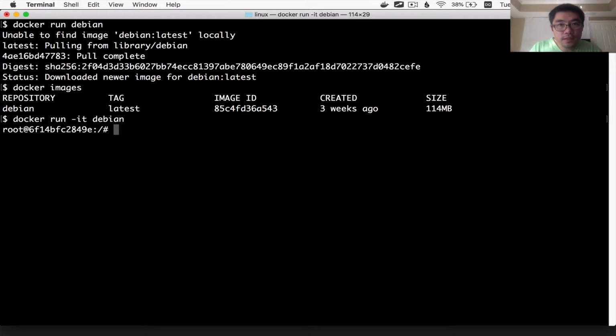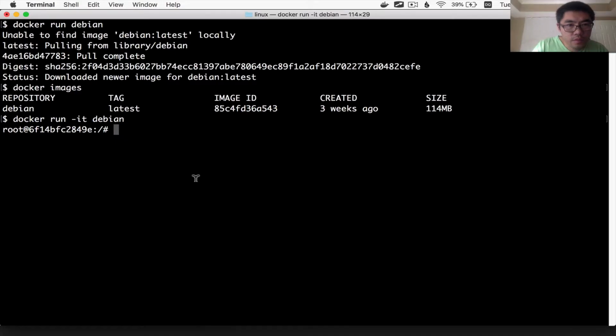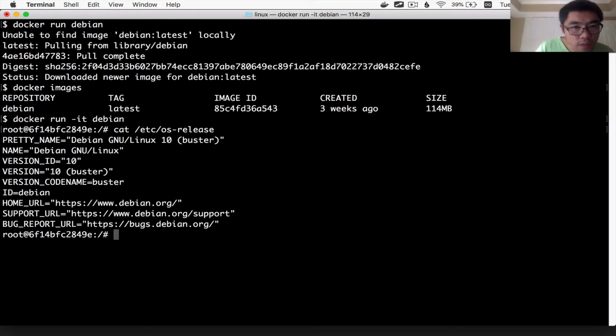How do you know this is Linux? cat /etc/os-release. Yeah, okay. So I can cat /etc/os-release, and it says it's Debian Linux. So this shell is no longer my OS 10 computer. This is Linux now.